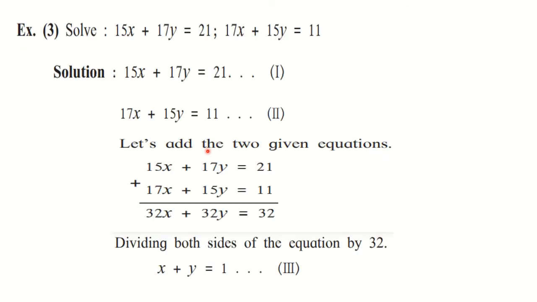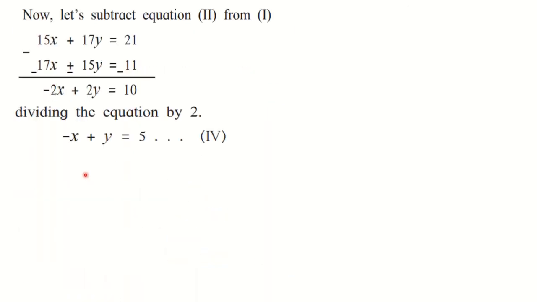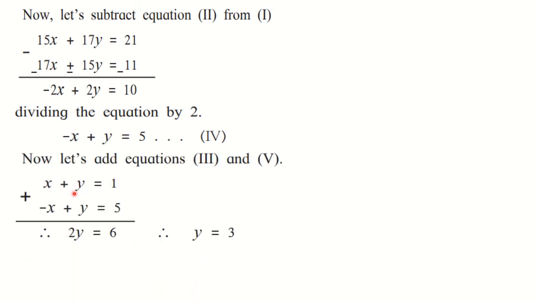Previously, we have got this equation, see, x plus y is equal to 1. And now we got minus x plus y is equal to 5. This is equation number 4. So there we have plus x and here we have minus x. The signs are exactly opposite. Therefore, if we add equations 3 and 4 again, the variable x will be eliminated and we will get the value of y. So let us add now equations 3 and 4.